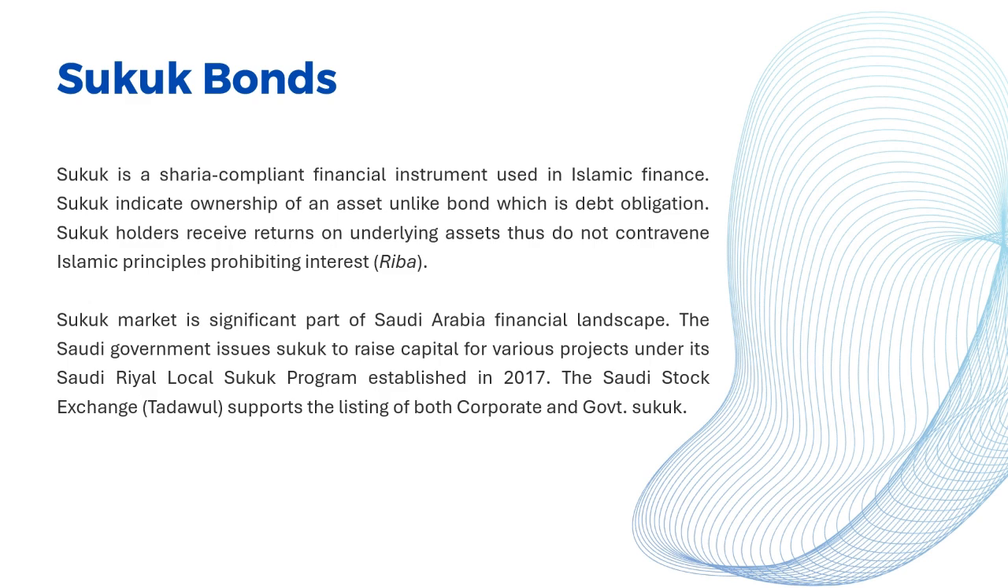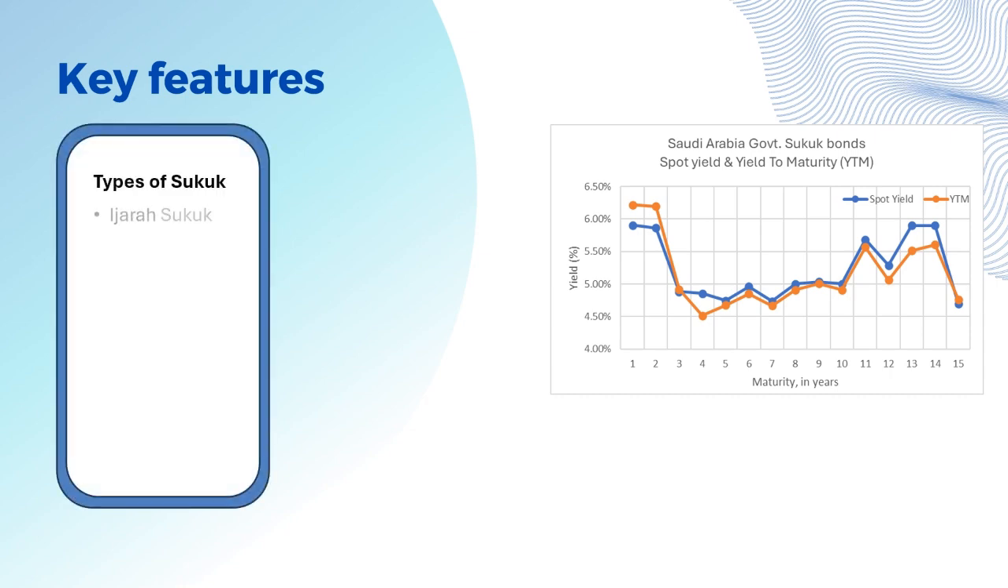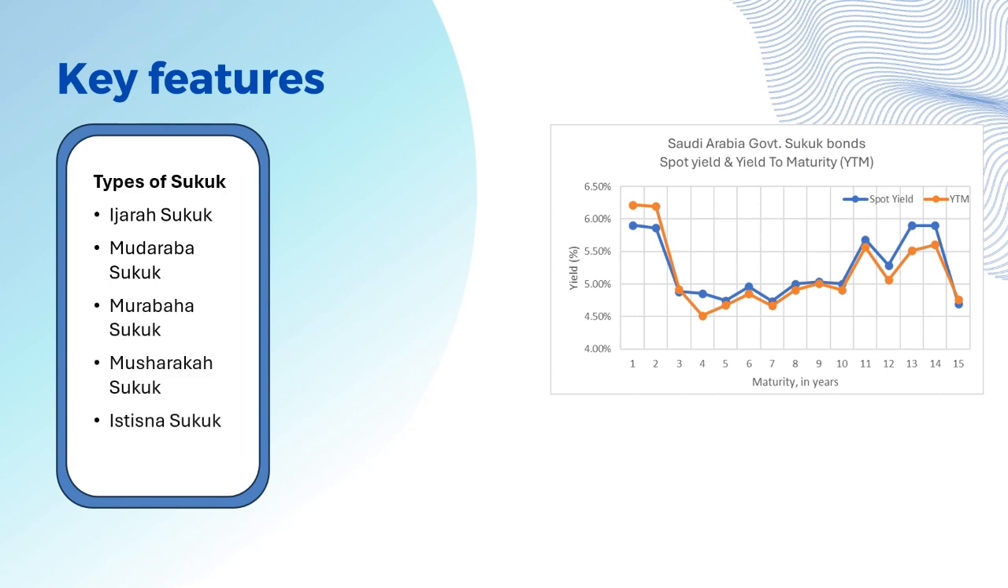There are several variations of Sukuk, including Ijara Sukuk. The issuer leases an asset to an investor who receives regular rental payments. At the end of the term, the issuer buys back the asset at a predetermined price. Mudaraba Sukuk. The issuer invests the investor's capital into a business or project, sharing profits and losses on a predetermined basis. Murabaha Sukuk. A cost-plus profit sale agreement where the issuer buys an asset using the investor's capital and sells